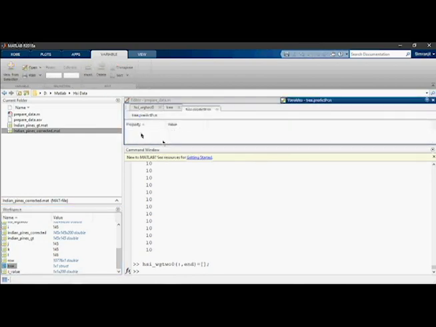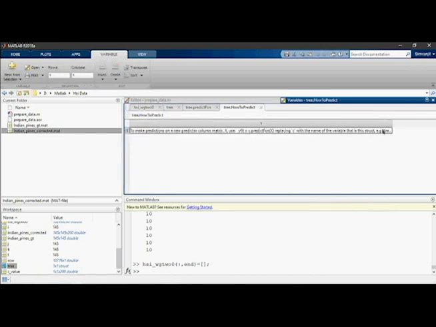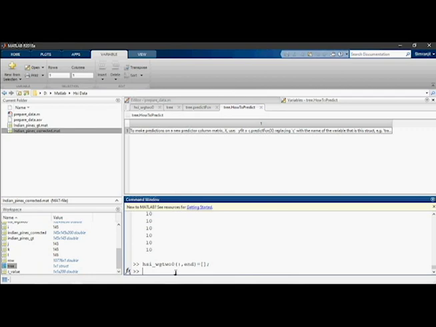There are certain kinds of metrics attached to it. Okay, so I'm just clicking on how to predict, and it will tell you the syntax here. I'm going to write here yfit equal to, so this is tree dot predict function, predictFcn, and F is capital here.